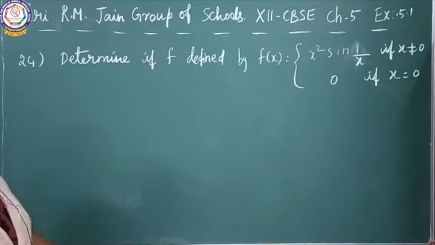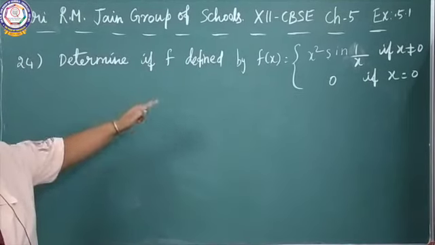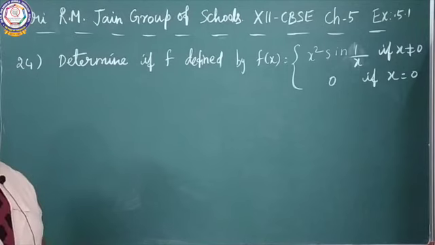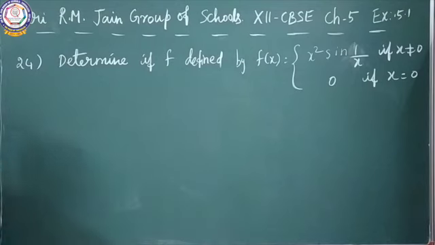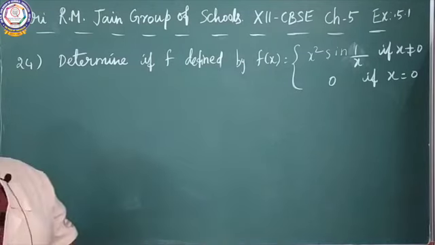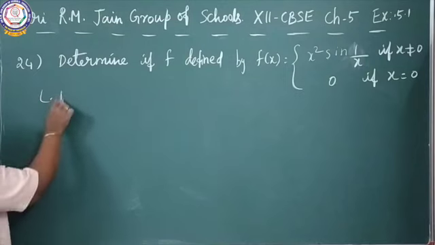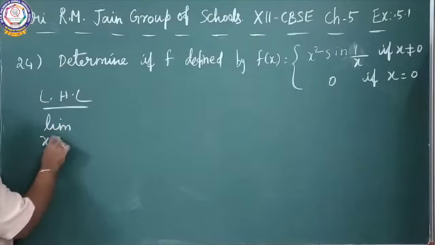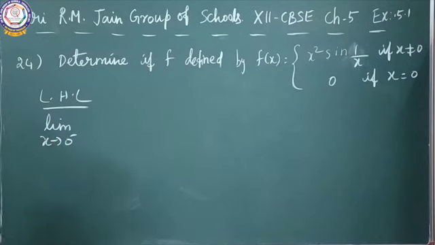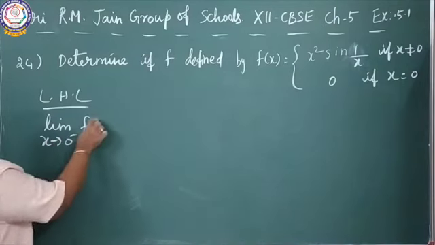See 24th sum, determine if f defined by f of x equal to x square sin 1 by x if x not equal to 0, 0 if x equal to 0. Now we are going to check the left hand limit and right hand limit. See here, left hand limit, limit x tends to 0 minus f of x